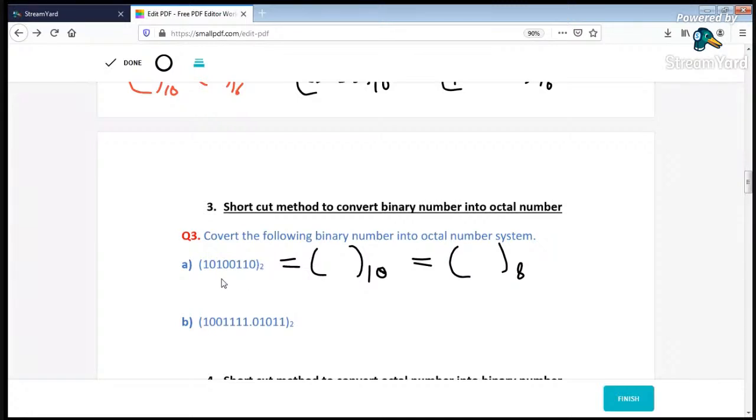So see here, this binary value has an integer value, only integer portion, no fractional part. So whenever we are converting binary value into octal, make a group of 3 bits. You make a pair of 3 bits. So how can we make a pair? For the integer portion, we always make groups from right to left. So this is our right side, right to left. This is 3 bits, and next this 3 bits, and this is 2.